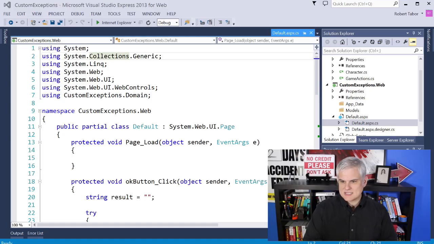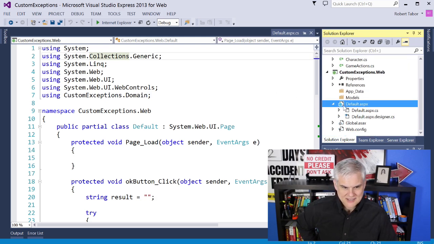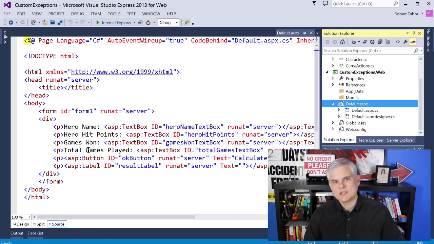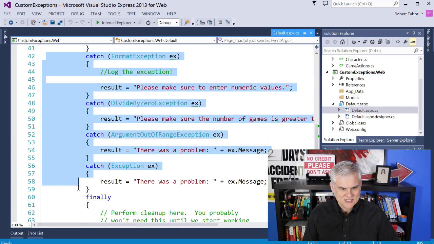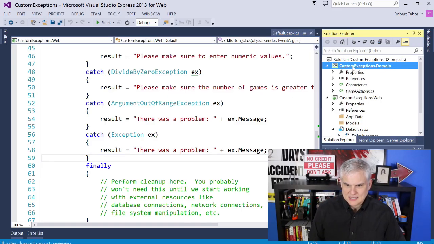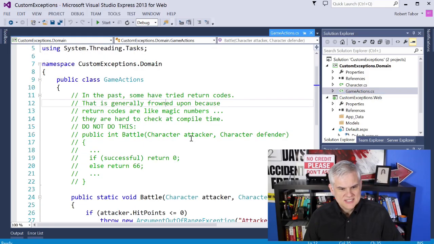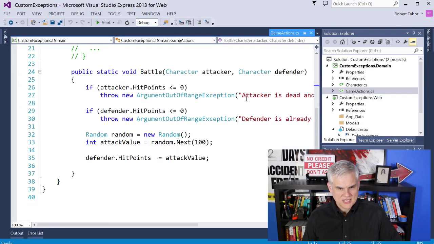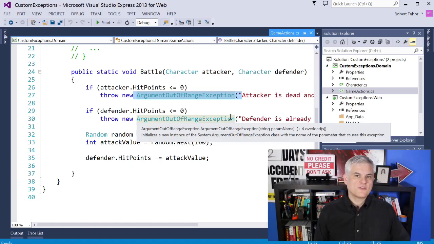Okay, you might recognize this project. This is from a couple of lessons ago. I recreated it. It is basically that web page that allows us to type in the hero name, hit points, games won, total games played. We already have our exception handling code in here with the try and all the catches. We already have a domain layer that has a character class with just two properties, and then we have this static battle method, and we were reusing an exception called ArgumentOutOfRangeException, which is available from the .NET Framework class library,